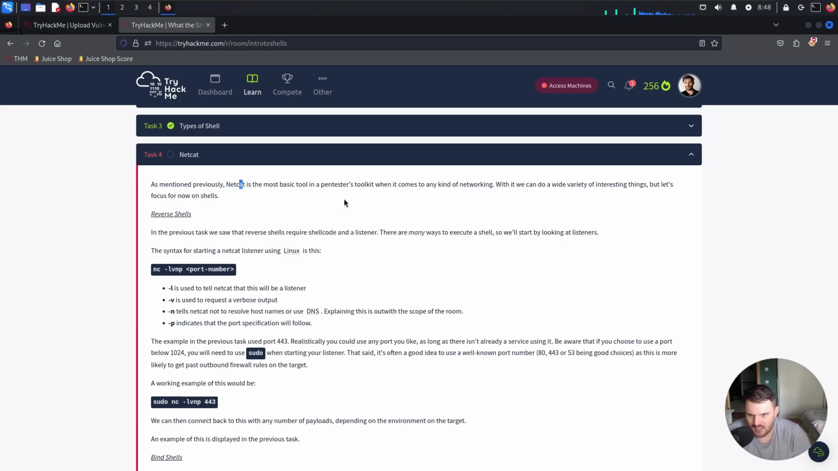Reverse shells. In the previous task, we saw that reverse shells require shell code and a listener. There are many ways to execute a shell, so we'll start by looking at listeners. The syntax for starting a Netcat listener using Linux is this: